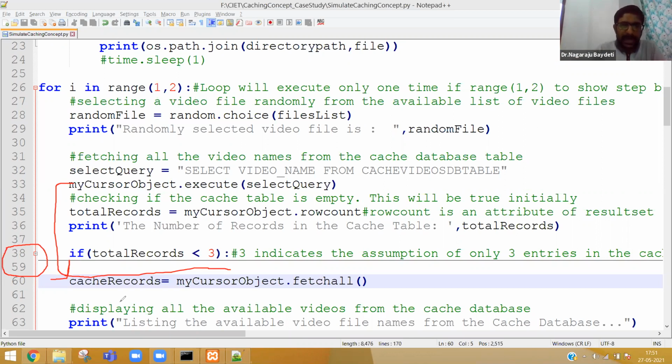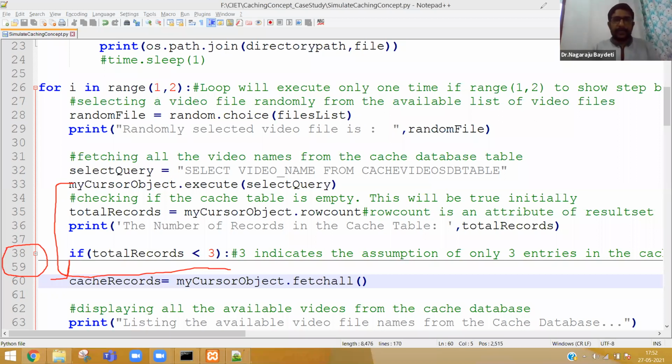So cache records equal to my cursor object dot fetch all basically gets all the video names. We will come to line number 60 when the if condition fails, that is, when the cache has 3 records. So all the 3 video names will come.